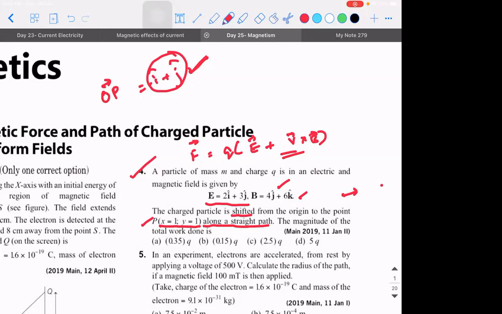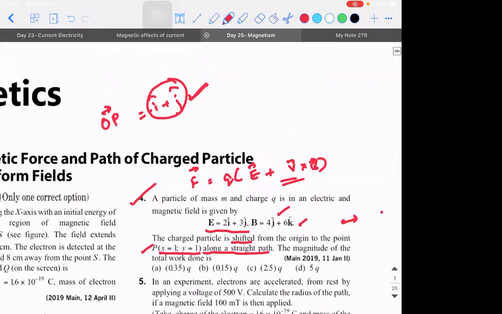understand what he means by straight line path and shifted, let me explain, listen carefully. Whenever you do work, it can be done in two ways. For example, when we derive the expression for electrostatic potential energy due to a point charge, an important point I would say is, how is the test charge moved? How is the test charge moved? Notice that. Take this as the source charge, and the test charge is q naught.